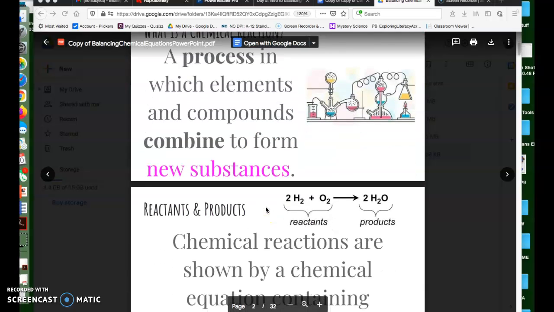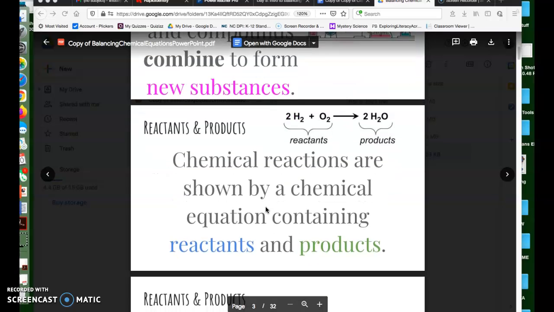We already learned how to read a chemical equation. We know that our reactants are on the left-hand side of the arrow and our products are on the right-hand side of the arrow. And we also learned that that arrow means yield. Chemical reactions, again, are shown by a chemical equation containing reactants and products. Reactants are like the things before. Products are the end result. For example,